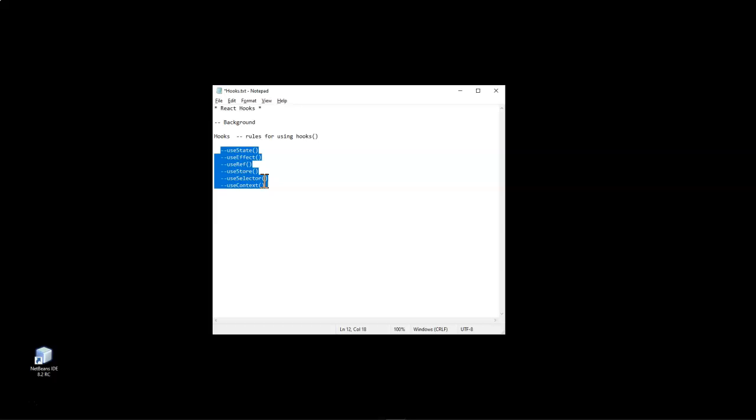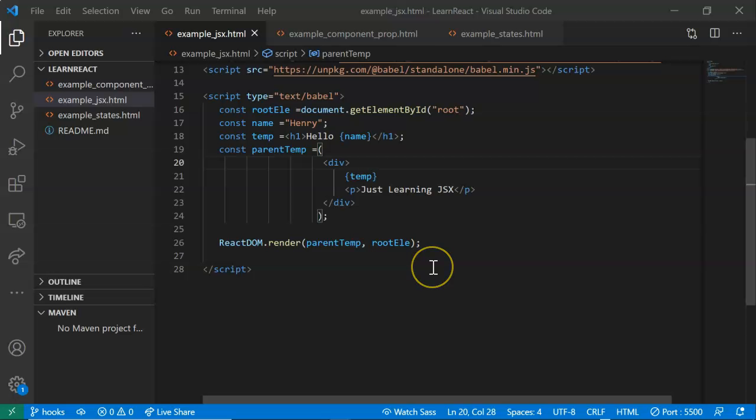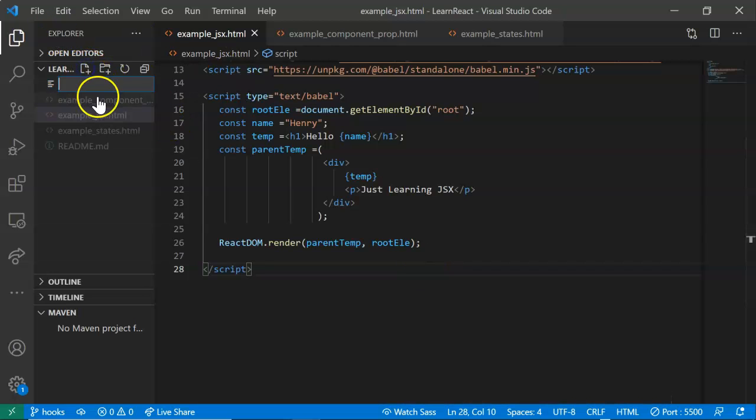Now to understand what React Hooks is in summary, let's jump into Visual Studio and see how to work with React Hooks. So right here I have Visual Studio open and I have the Learn React application from our last video. The very first thing we'll do is create a new file. So I'm going to click on the plus icon and let's name this file example underscore hooks, and then underscore, let's have useContext underscore context dot